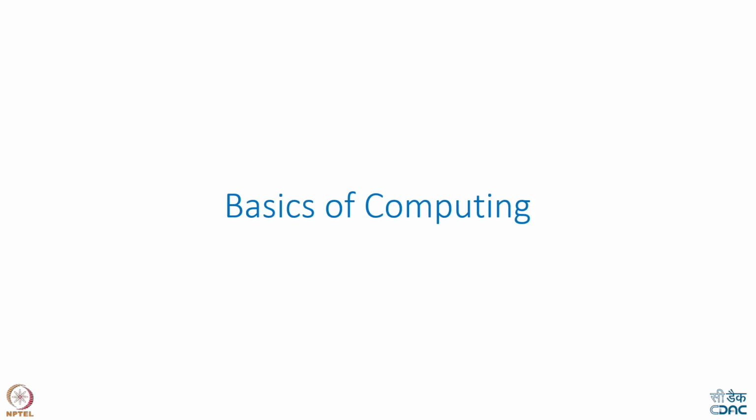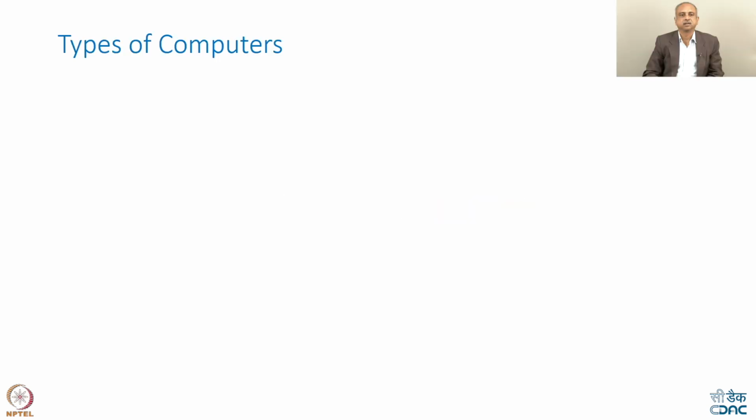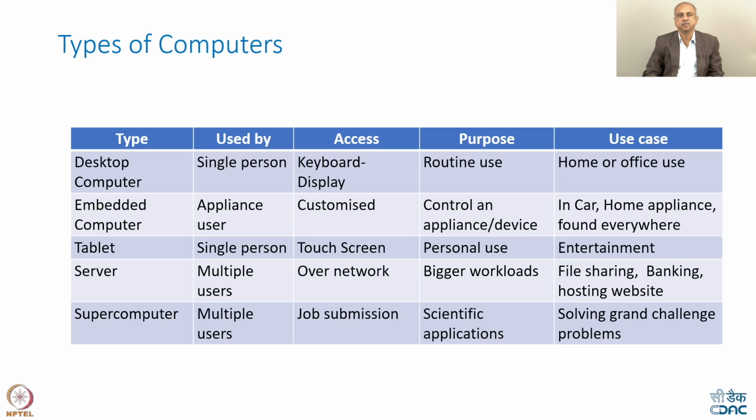Let us look at the basics of computing. These are the different types of computers that we see in our day-to-day lives. Most of you have used a desktop computer, which a single person uses. Then you also have embedded systems or embedded computers, which an appliance user, like a washing machine or a microwave oven user, uses. We also have a version of a tablet, which again a single person uses, typically for entertainment